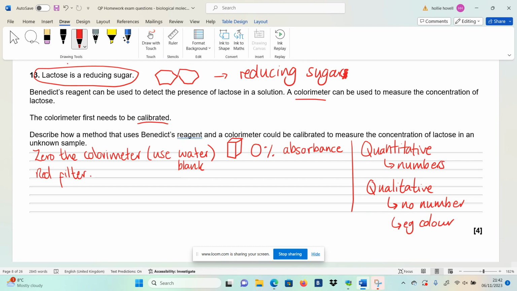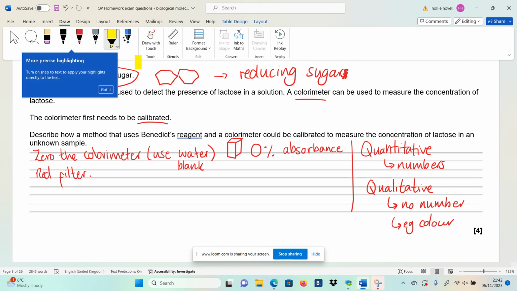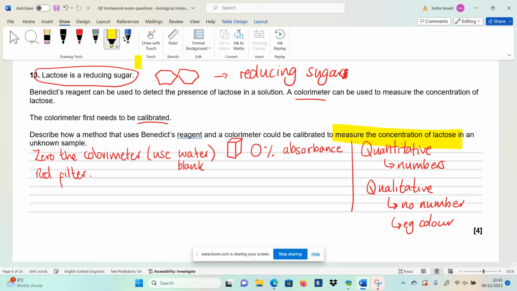Now, the way that we can quantify this from an unknown sample is to first of all test on the colorimeter a sample that we know. So what we would do first of all is we're trying to find out the concentration of lactose. So the question is to measure the concentration of lactose. So what we need to do is first of all put some concentrations of lactose that we know. So if we got some known concentrations of lactose,